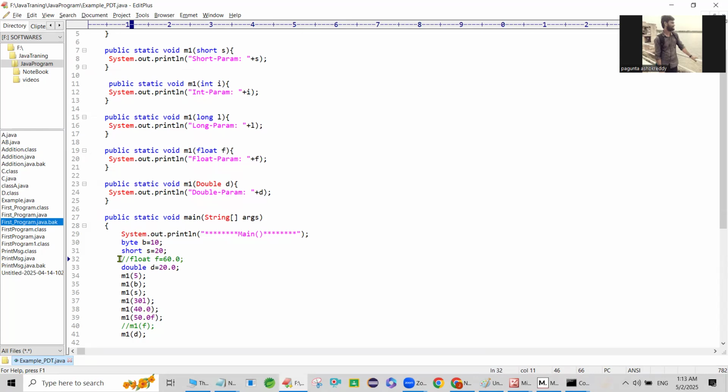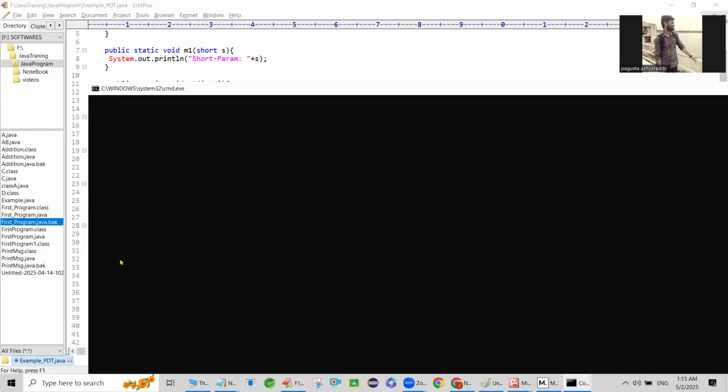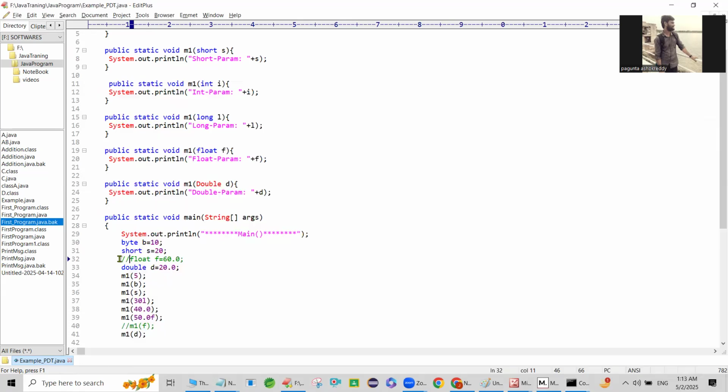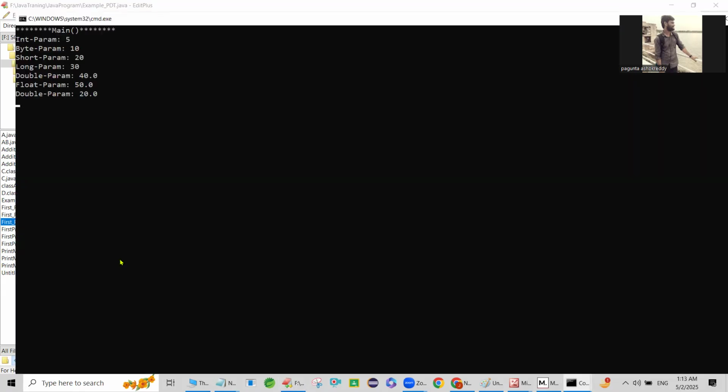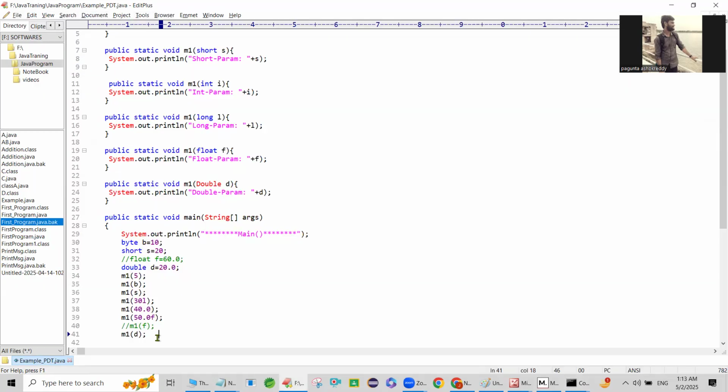Control S, control 1. Okay, now compilation is done. We'll call double. It is calling double. By default, the floating point type is double. Okay. Then